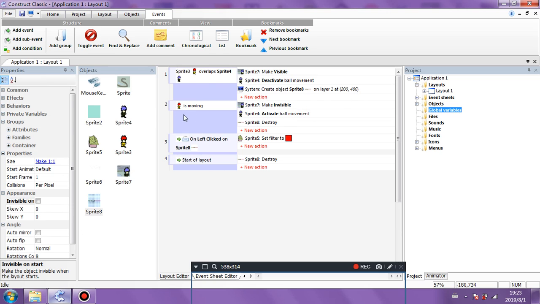You move away from the character and it destroys that sprite again, the same as it was at the start. But if you click on that sprite while it's visible, it's going to make a change to something, the colour of this house being red. Give it a try again, see if it works now. We didn't need to set any invisibility or anything like that at any times or reasons for this.